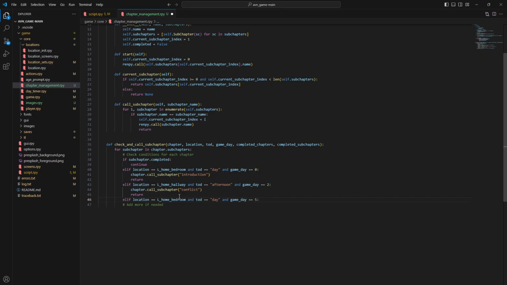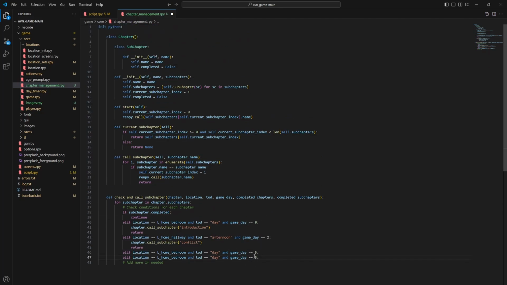kind of shows the same thing like this one, right? So same day, it's the same day and everything, but if we have, let's say, another one like location is equal to L home bedroom and TOD is equal to day as well, and game day is equal to 5. If there's chapter 5, subchapter 6, or subchapter 7, we want to make sure that,